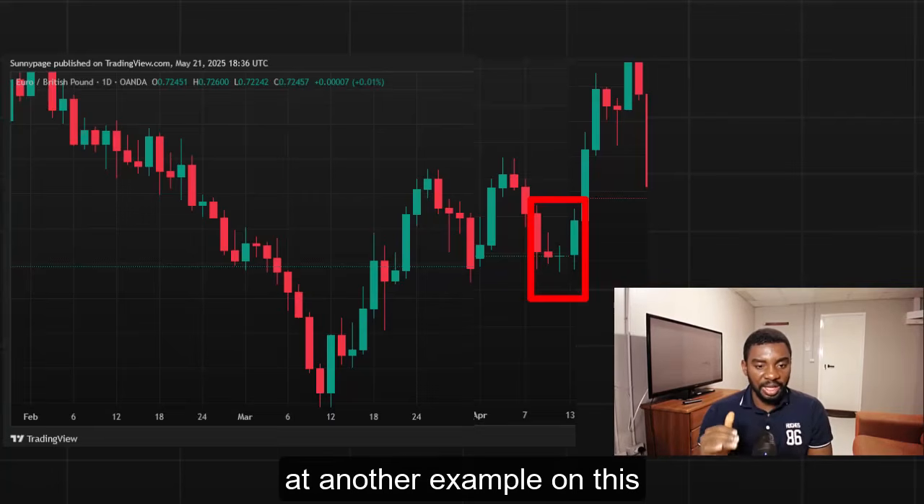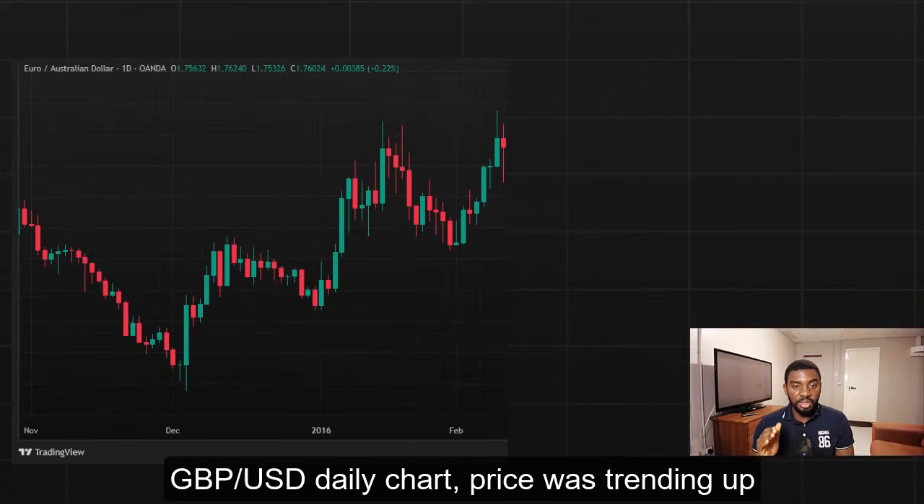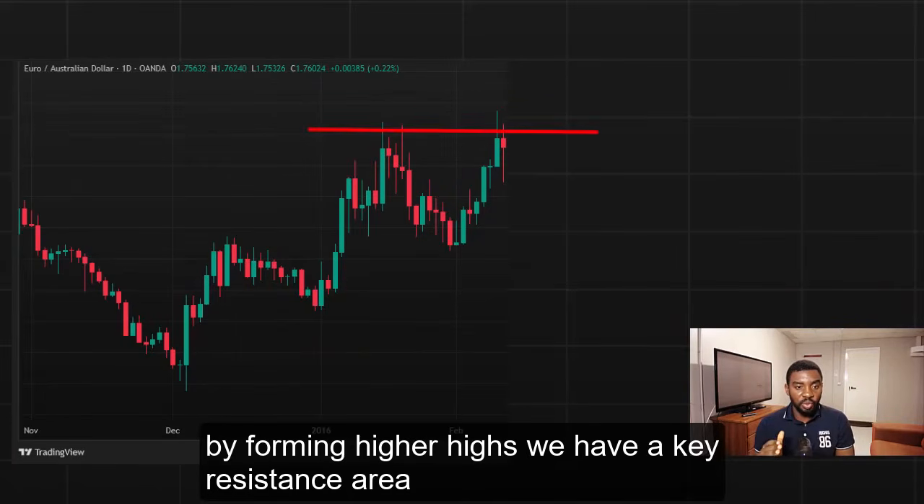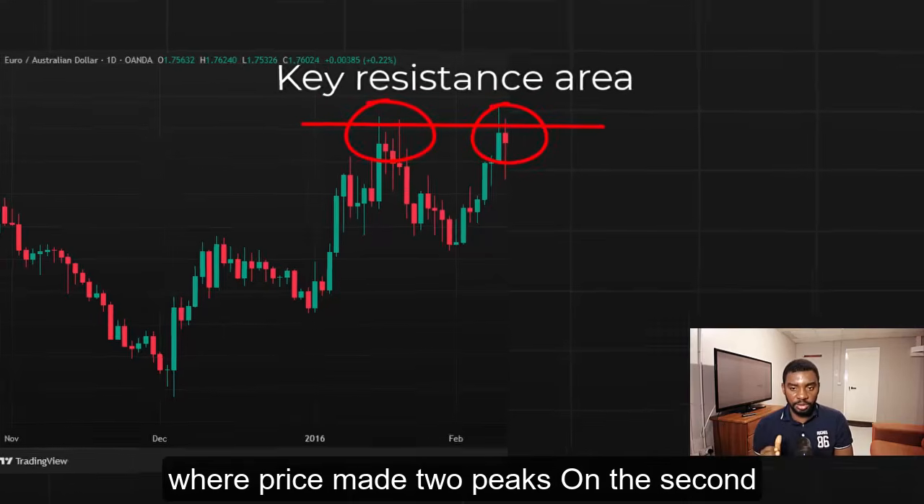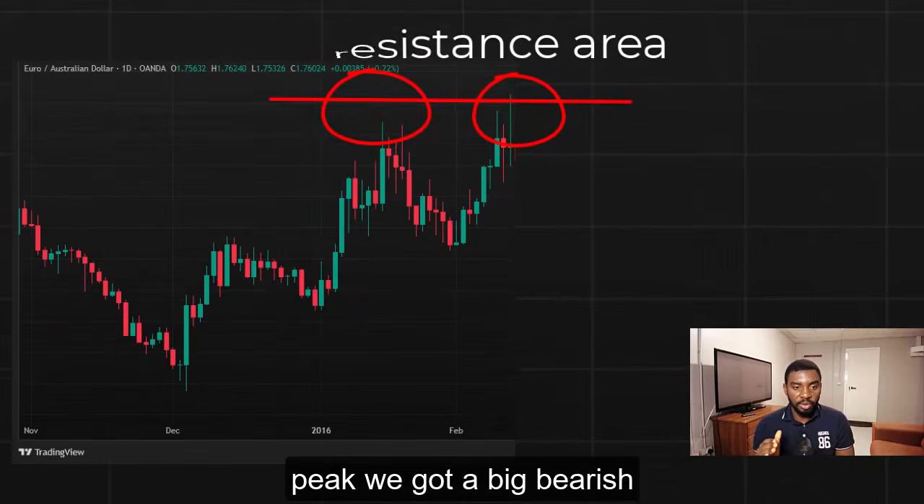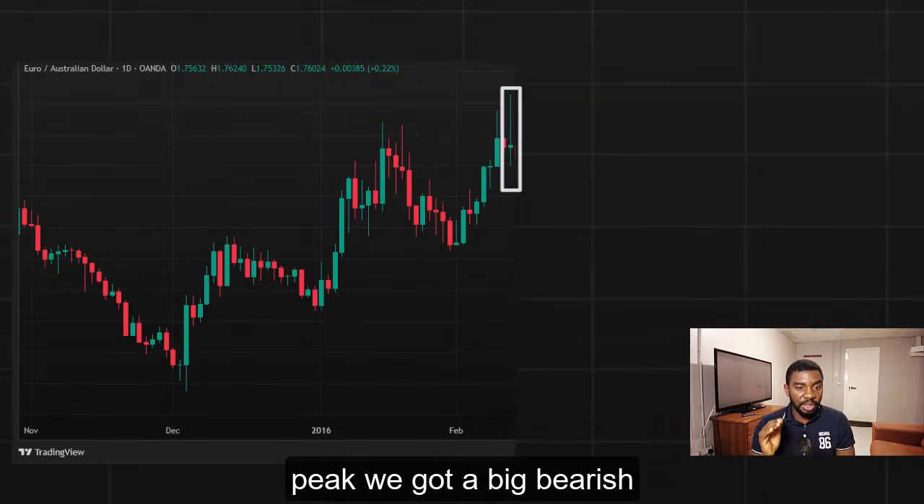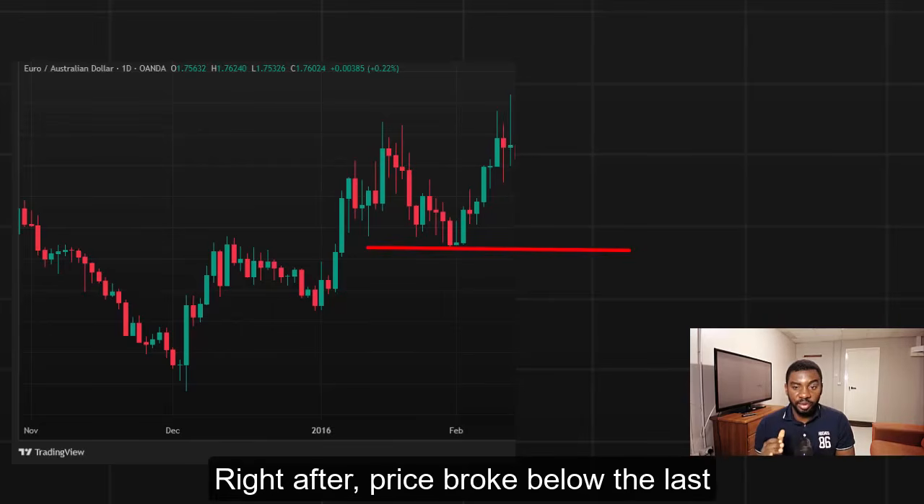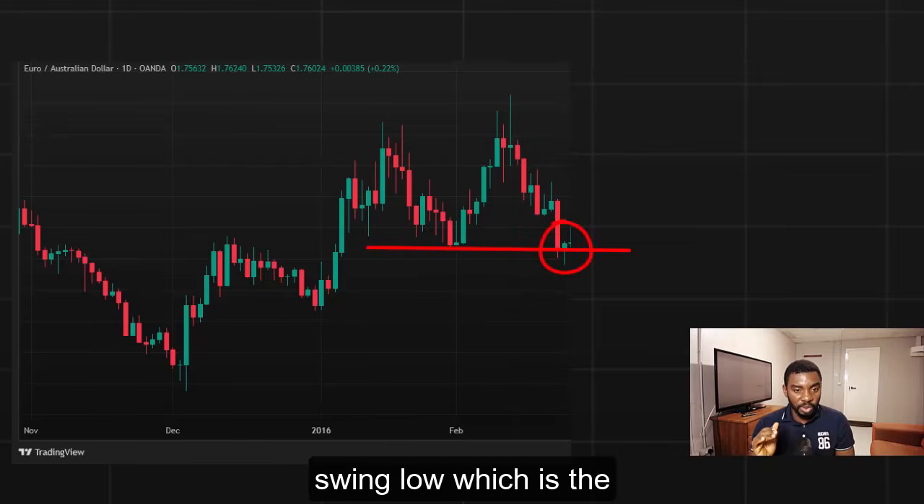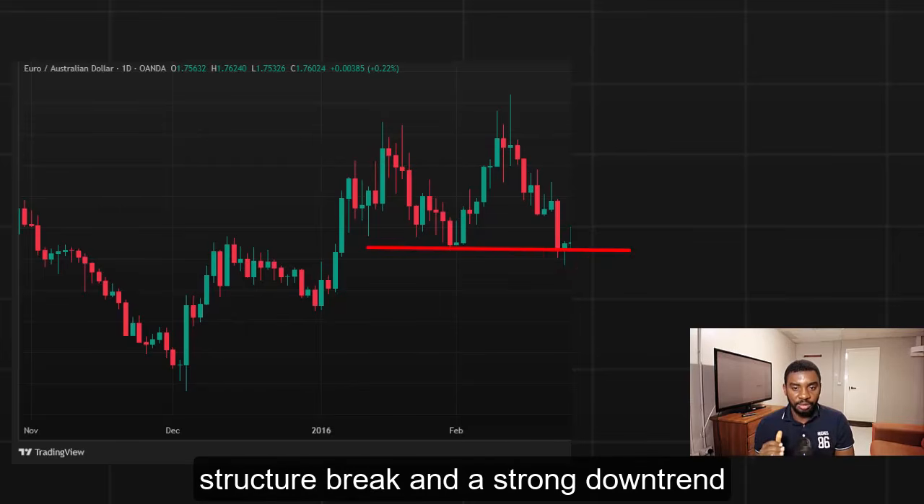Let's look at another example. On this GBP daily chart, price was trending up, forming higher highs. We have a key resistance area where price made 2 peaks. On the second peak, we got a big bearish pin bar. That's our reversal signal. Right after, price broke below the last swing low, which is the structure break, and a